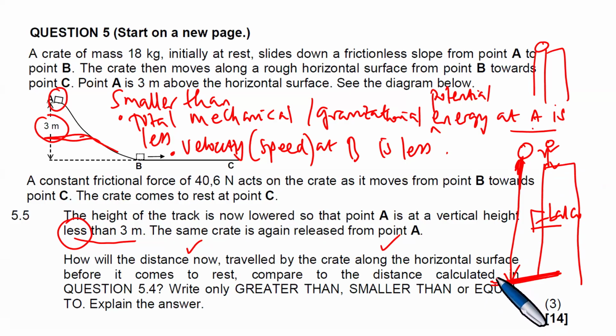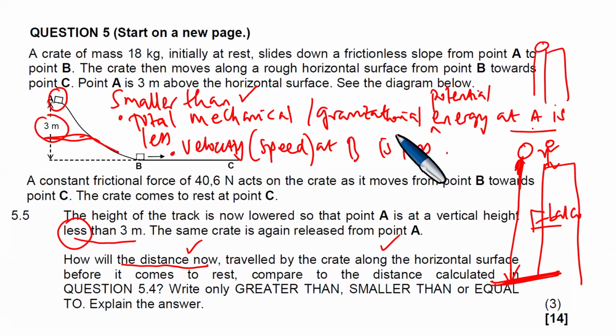And therefore, how will the distance now compare? Because now it's a smaller hill, it has less height, so it's going to be less speed. Less speed means it's not going to travel a lot; it's just going to travel and then stop. So the distance is going to be smaller than